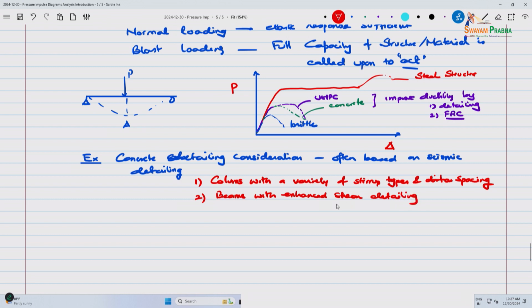Quite often flexure detailing is not as critical once you start getting into the blast type loading in concrete structures. To get the response that you need, for example, even at high levels of protection, if you want to get a response of 8 degrees, you really need to focus on good detailing at the shear ends, wherever shear is high, ensuring integrity out there and then making it more ductile in the process. So, we borrow these concepts